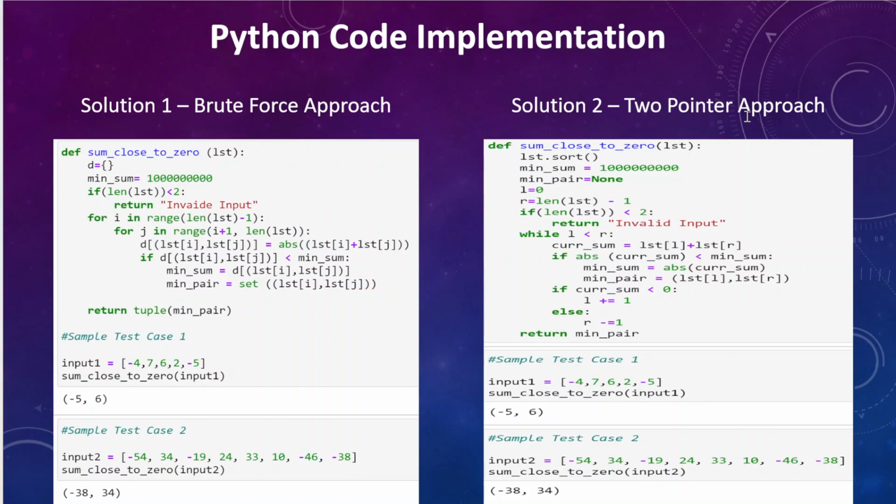Coming to the two pointer approach, we created a sorted list with minimum sum 10 to the power n and minimum pair none. We have set left to 0 and right to the length of the list minus 1. Again we have a condition: if the length of the list is less than 2, we're going to return invalid input, and then another condition, a while loop where left is less than right,